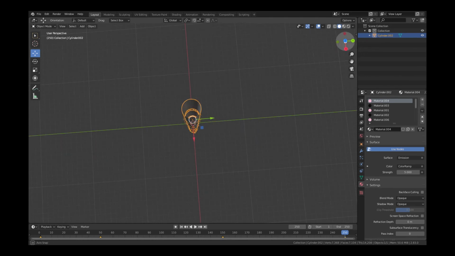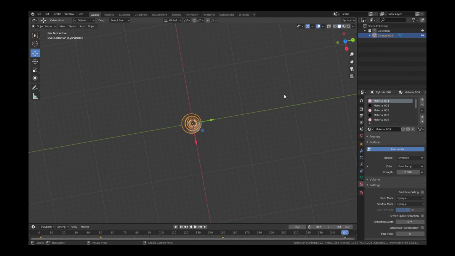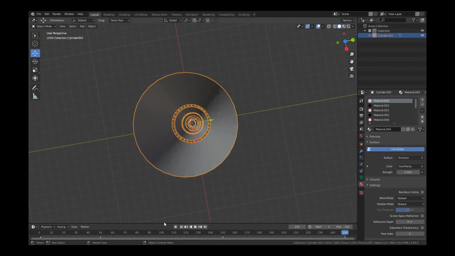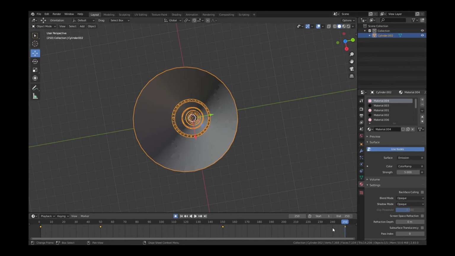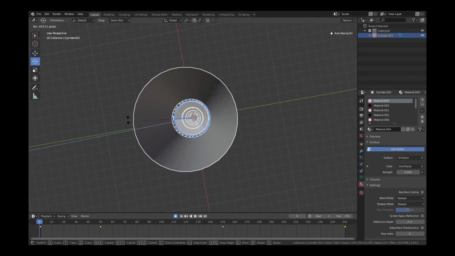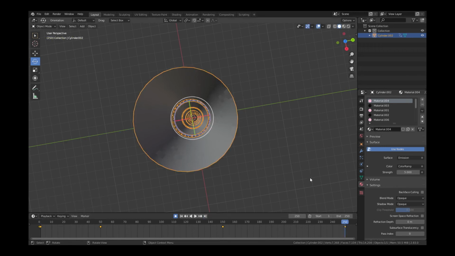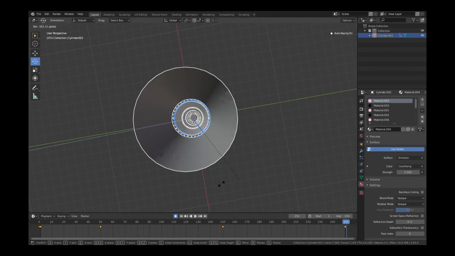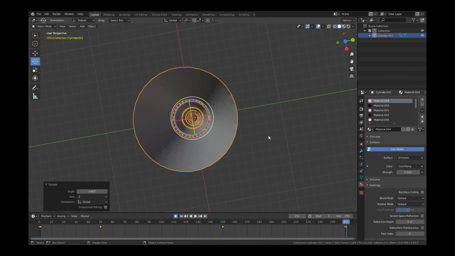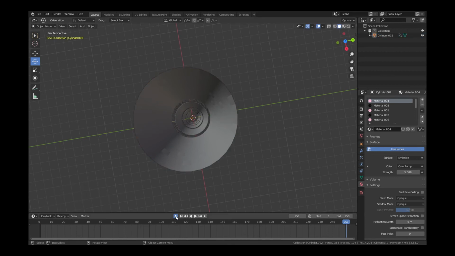And now let's animate the cylinders. So turn on the recording and rotate it like this, and then jump to the endpoint. Like this. Okay, now